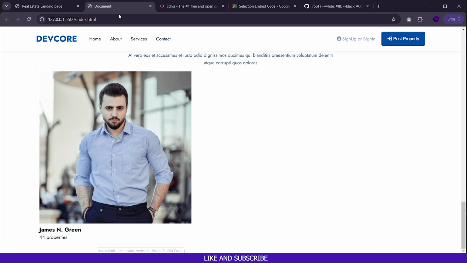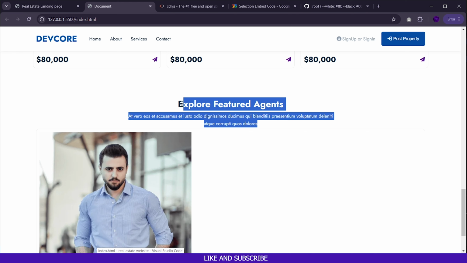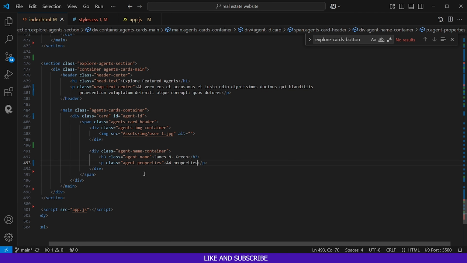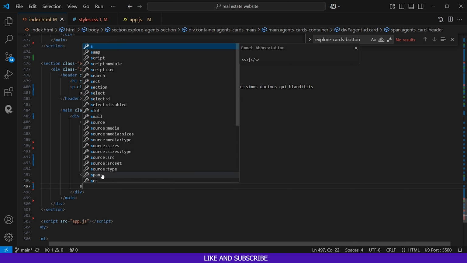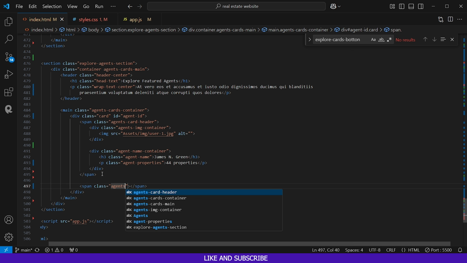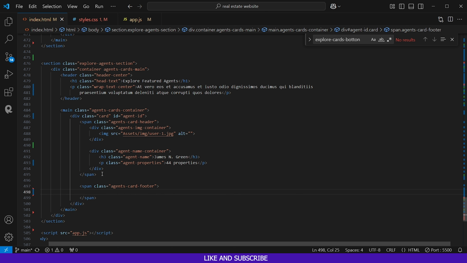Let's see what our header looks like. This is our header right here. It's looking nice. Next, we're just going to go ahead and create the agent's card footer after our agent's name. So let's get down here after the span and create another span. And this span is going to have a class. It's going to be agents card footer, and inside our span we're going to have a div, and this div is going to have